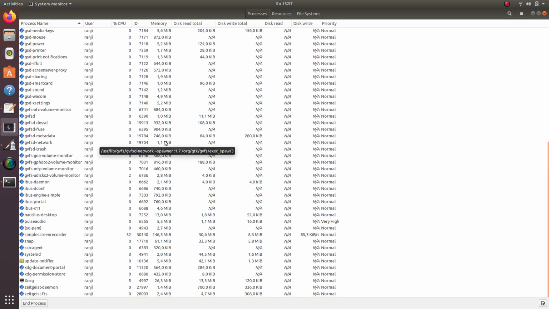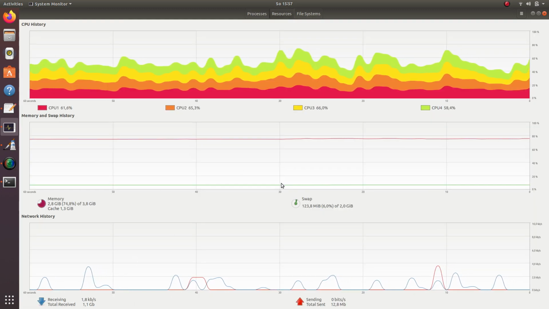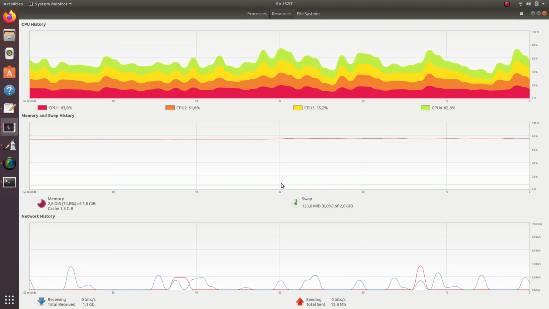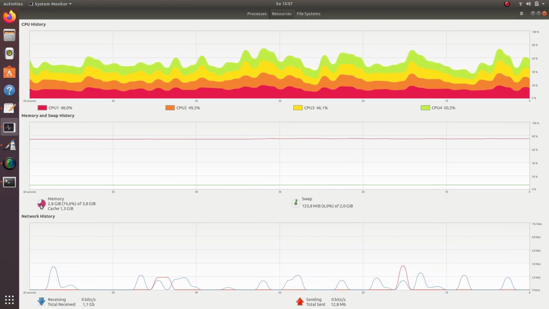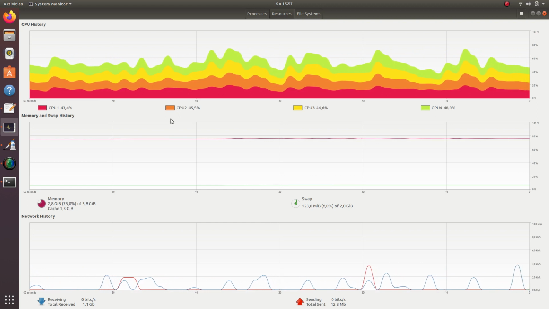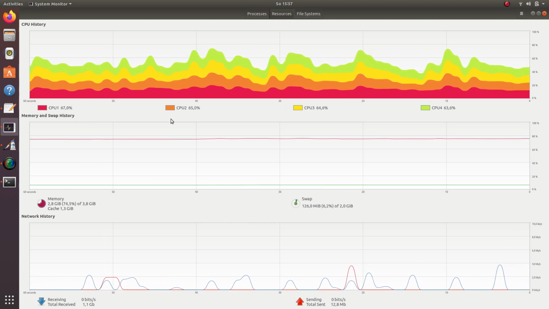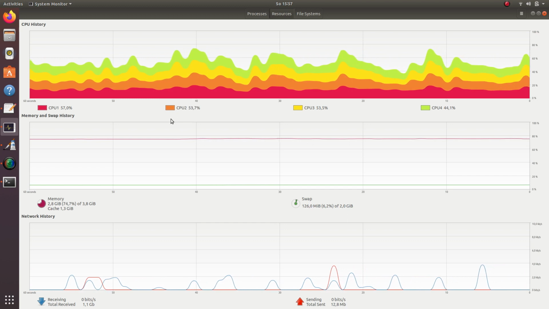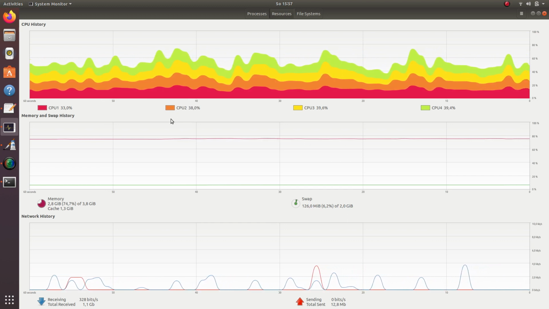Currently in this Ubuntu system there are this many processes running, and you can see the distribution of how memory is utilized, and the CPU cycles and all those things. These are basic visualizations and graphs that you can make out of these processes.